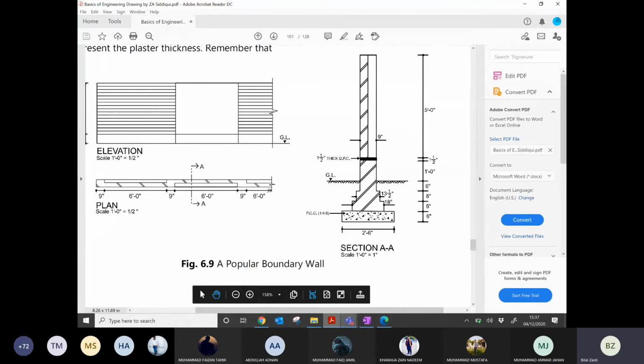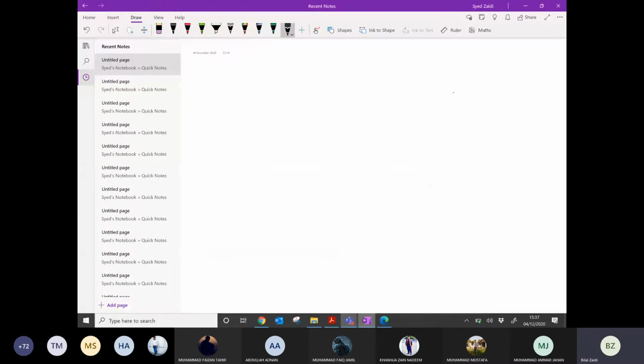Why have we increased the width of the foundation? This is the question. The answer is, for example, load is coming in the wall here, right? This is the ground level. Then we have increased the width of the foundation. Load is here, all this portion.